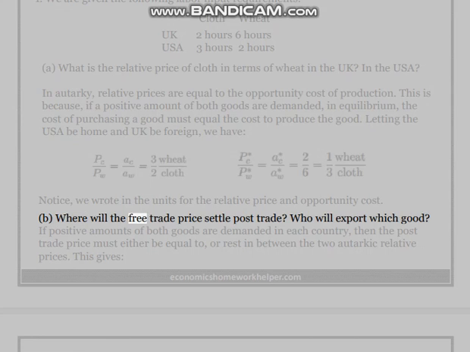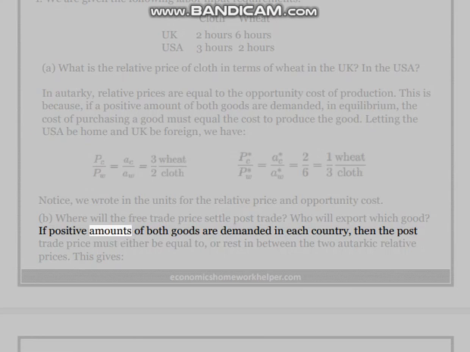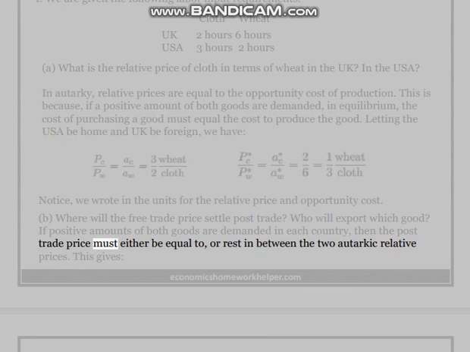B. Where will the free trade price settle post-trade? Who will export which good? If positive amounts of both goods are demanded in each country, then the post-trade price must either be equal to, or rest in between the two autarkic relative prices. This gives